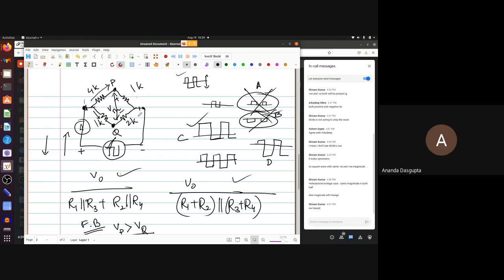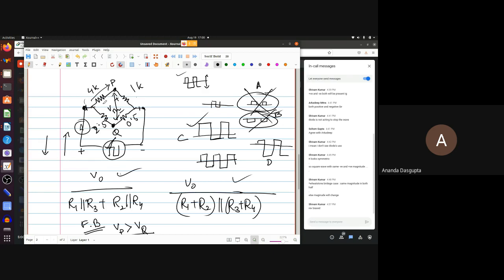Okay. Suppose 1 and 2 and 1 would still work the same way, but suppose I had 2.5 and 0.5. Note that this is still 3K, right? This is still 5K. But if it's 2.5 and 0.5, the ratio ensures that there's a bigger drop across 2.5, because 2.5 is actually 5 times the other resistance. Do you get my point?